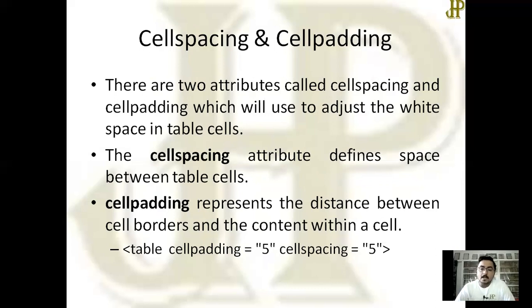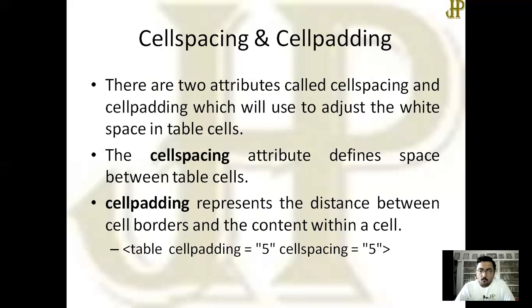White spaces I already discussed in previous lectures. In HTML, whatever you have designed or written is represented in your web page with the help of the web browser.